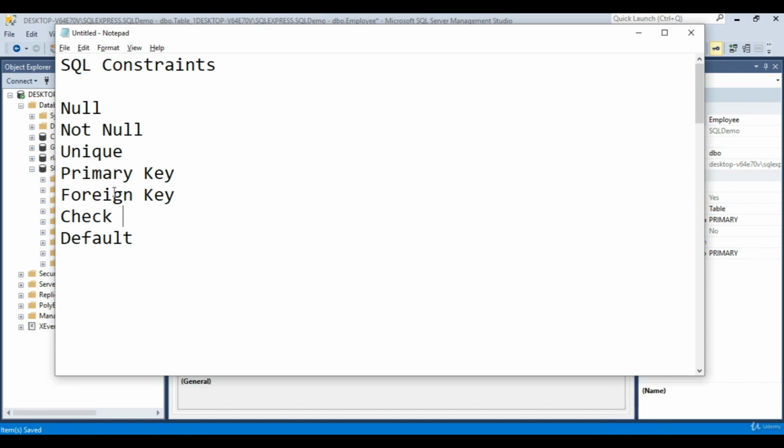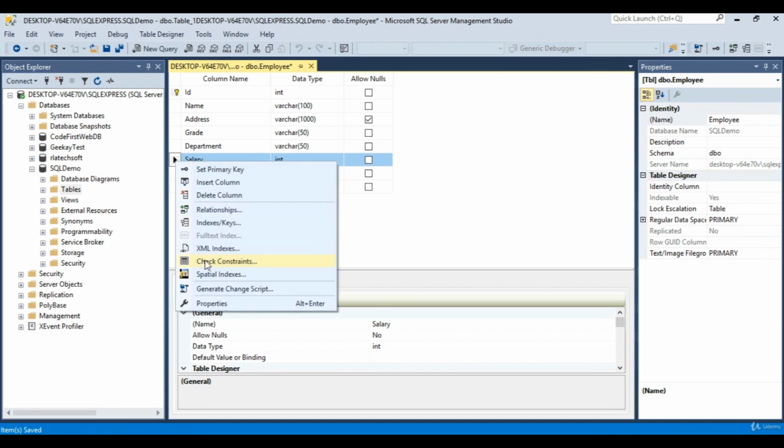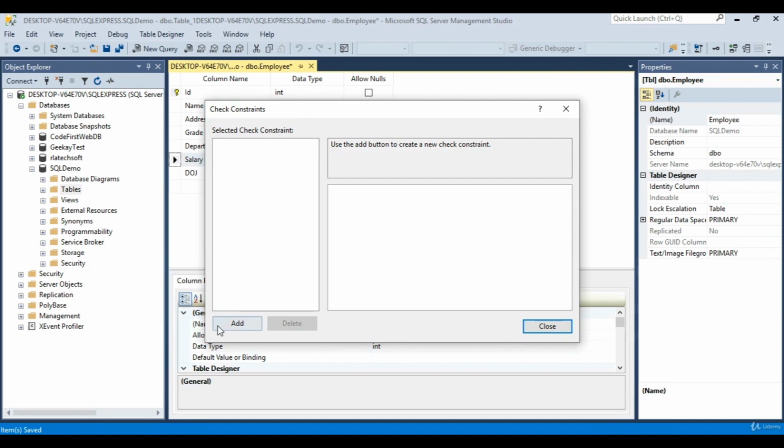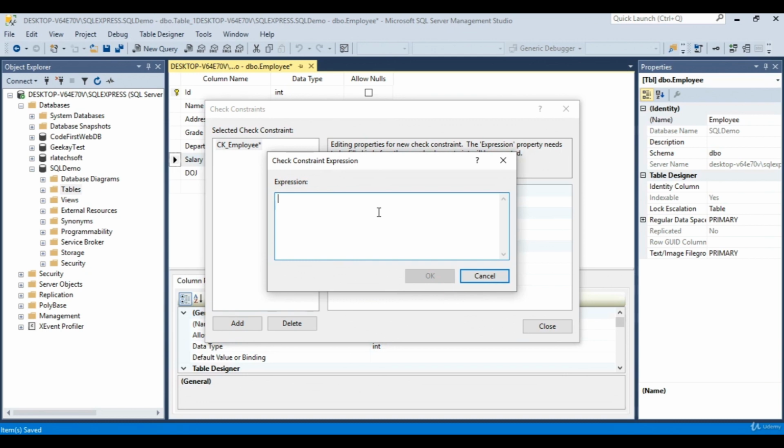So I can also add a check constraint here. The minimum salary is, say for example, $500, right? And I can add a constraint here saying that the salary cannot be less than $500. For that I need to right click again, and there is a check constraint. Select check constraints and click on add, and the expression which I'm going to give here is, okay, so which column? The salary column